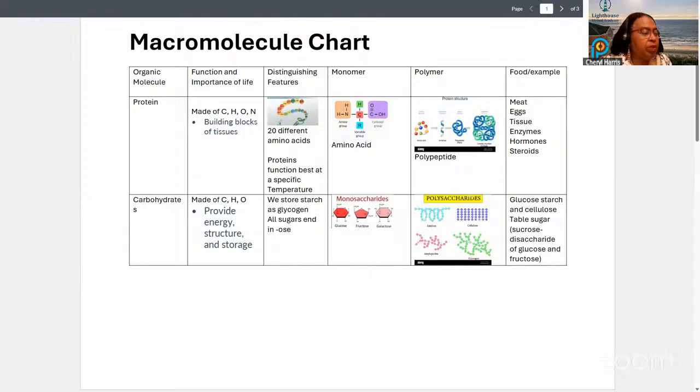We are going over review sheets for the test on Wednesday. All right. So on your macromolecule chart,